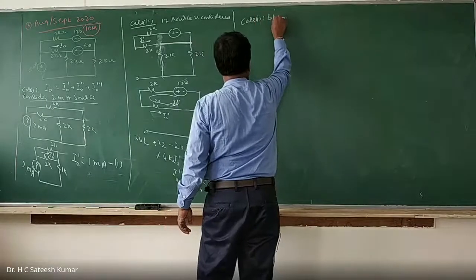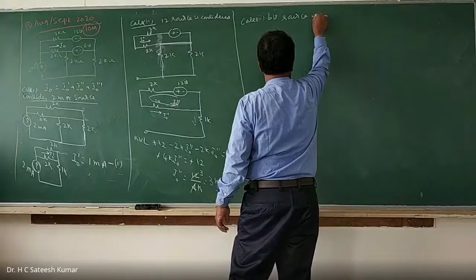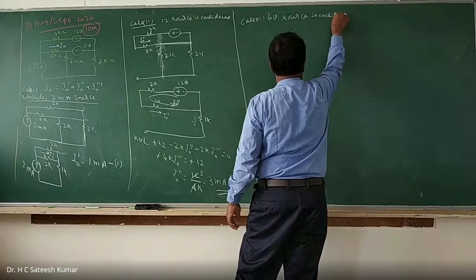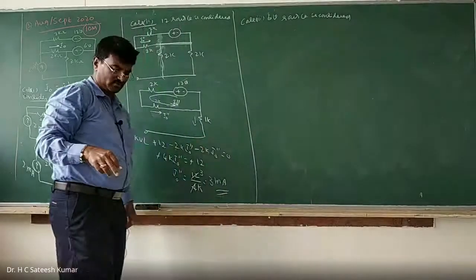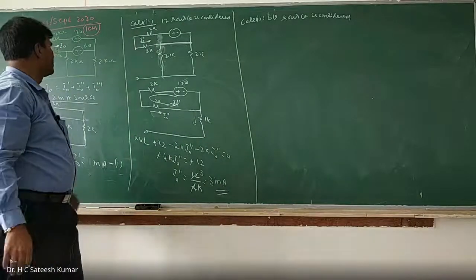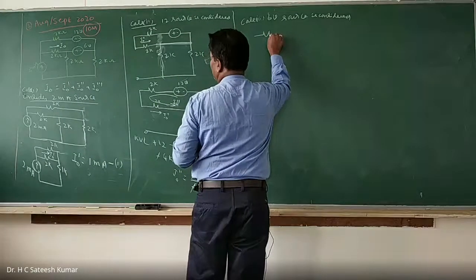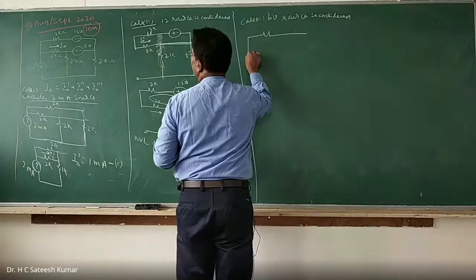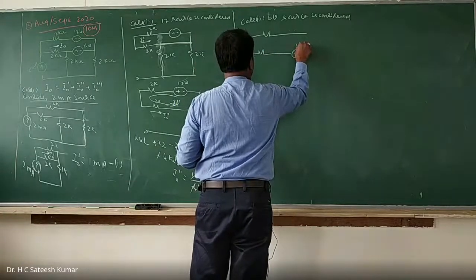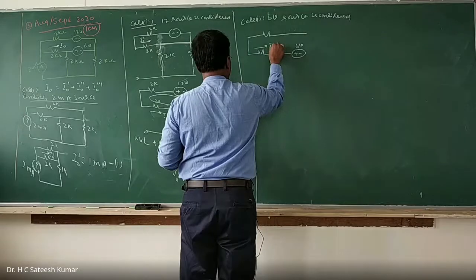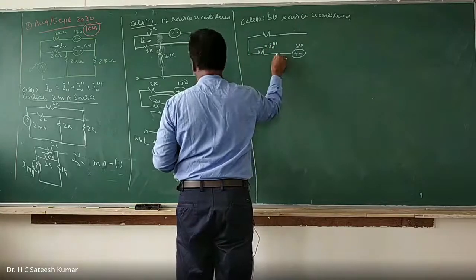The 6 volt source is considered. This problem is not there in my notes because this is from the latest paper. Now what is it that we have? This one is shorted, and this resistor, this 6 volt source is there. I'll call this I naught double dash, triple dash. The current source becomes open circuited.